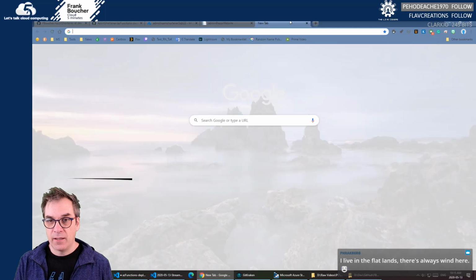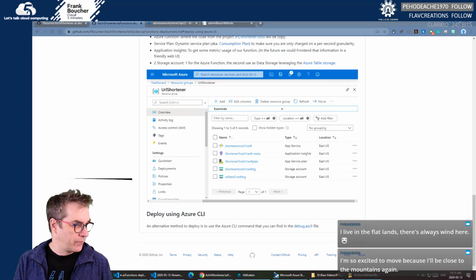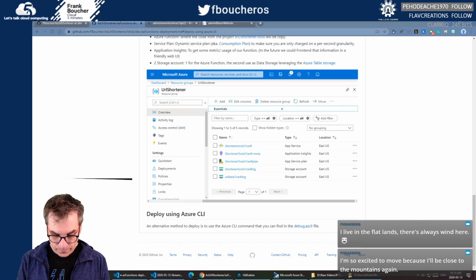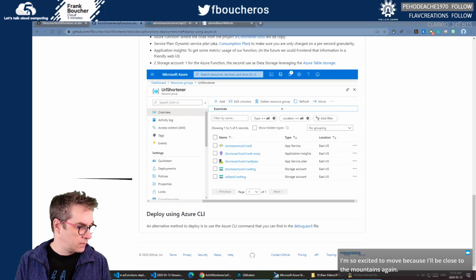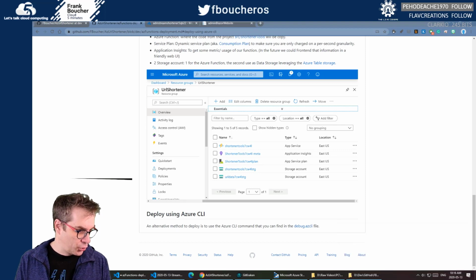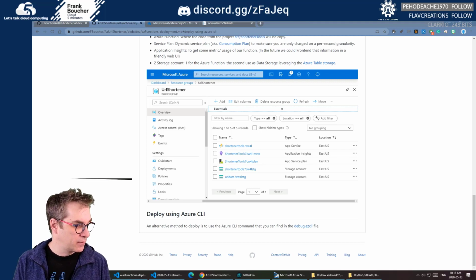I have a picture of my kayak. Let me quickly find it. I don't have a picture of the kayak itself, but I have a picture of me in the kayak, or the nose of my kayak. Come on, I'm sure I have a picture of it.